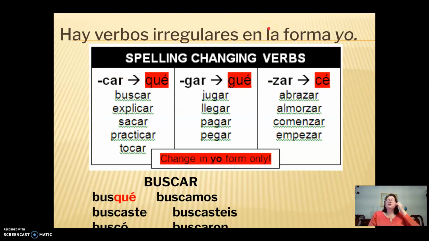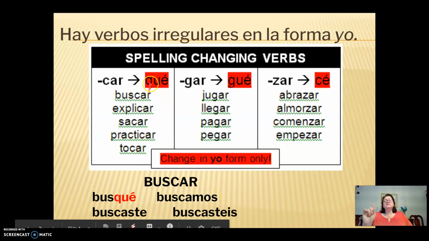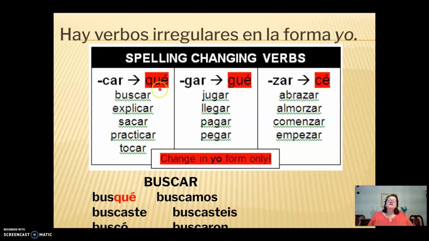Also, if you remember, there are a couple of letters that have a spelling change depending on if there is a hard vowel or a soft vowel after them. C and G both have that same unique quality in English as well as in Spanish. And also the letter Z does the same thing. And here's the thing, these are AR verbs. All of the endings are hard endings except for the yo. The yo has a soft vowel, so I've got to address that spelling. So I cannot have a C with an E after it without changing the sound. And since in the original infinitive, it's a K sound, I've got to keep that K sound. So it becomes QU in the yo form.